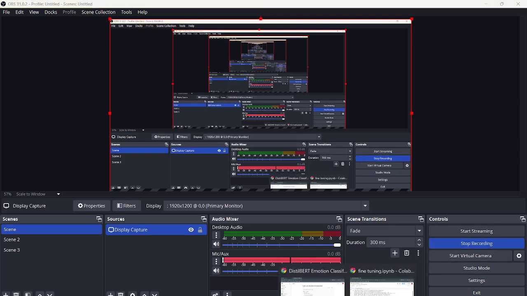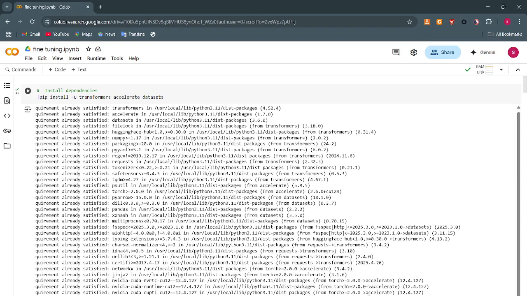This is PDF extraction on fine tuning, and first of all we need to install the dependencies: transformers for using pre-trained transformer models like DistilBERT, accelerate to help with efficient training and distributed setups, and the datasets library for loading and processing